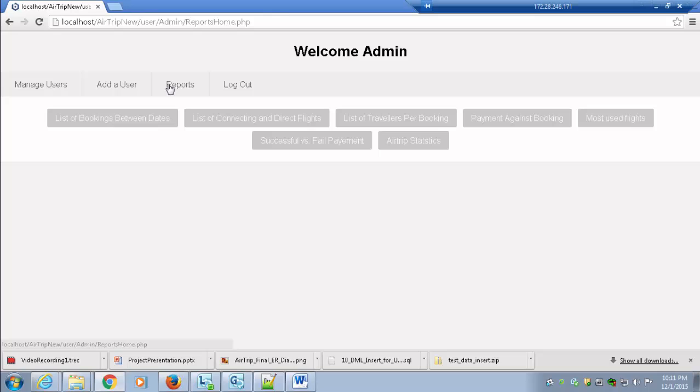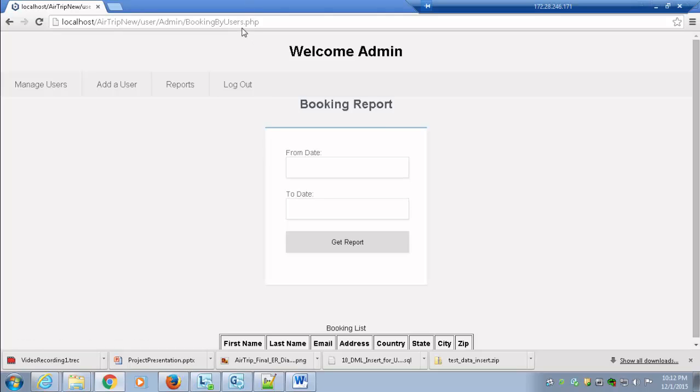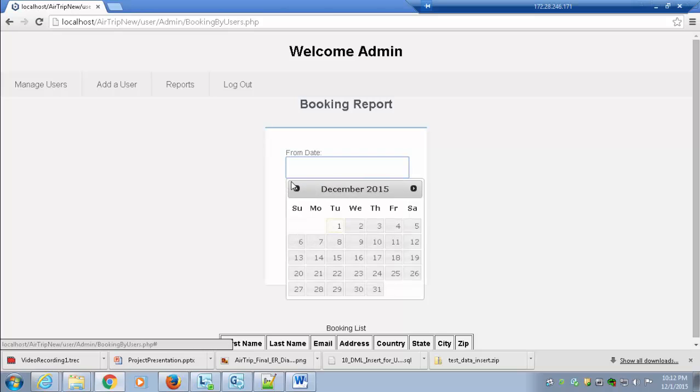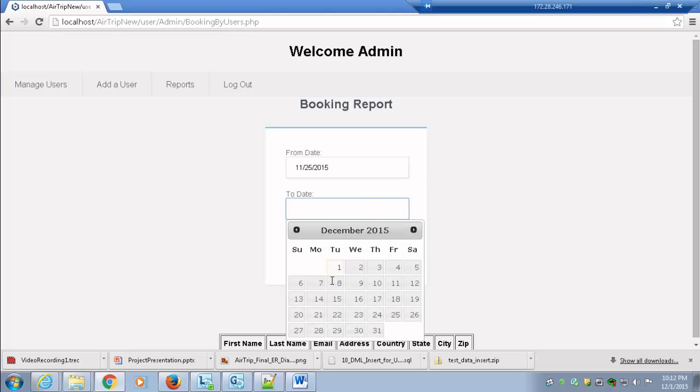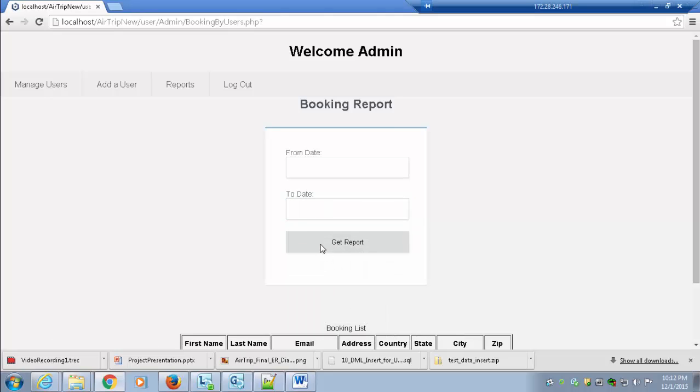Now if we go to reports, there are 7 reports which we would be generating out here. One is the list of bookings between dates. Now if you see, it hits book by users.php, which gets the booking information according to the date selection made. If I select 25th November and 30th November and get the report,